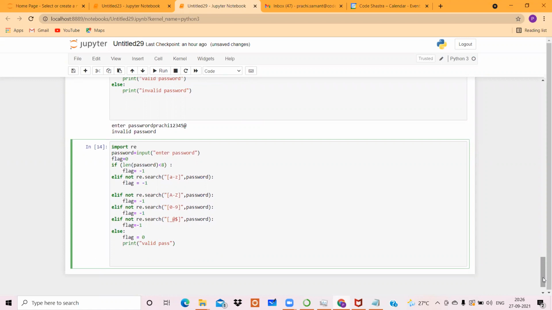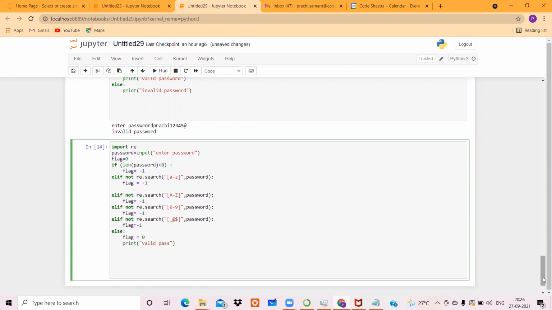And finally, the last if condition will check that if the value of flag is equal to -1, then it indicates that the password that you have entered is invalid.